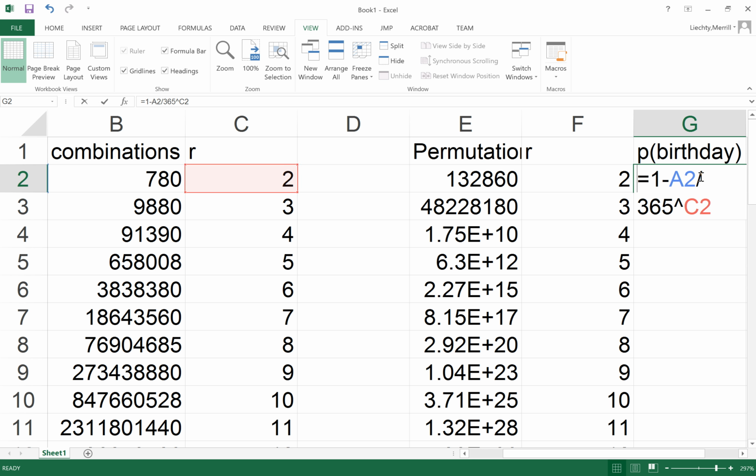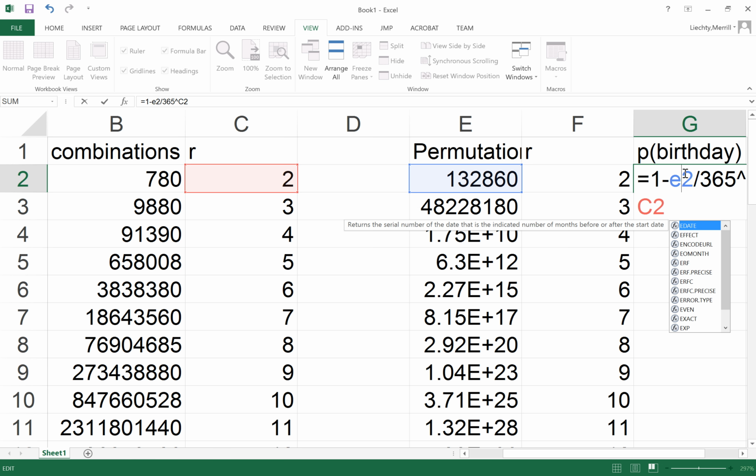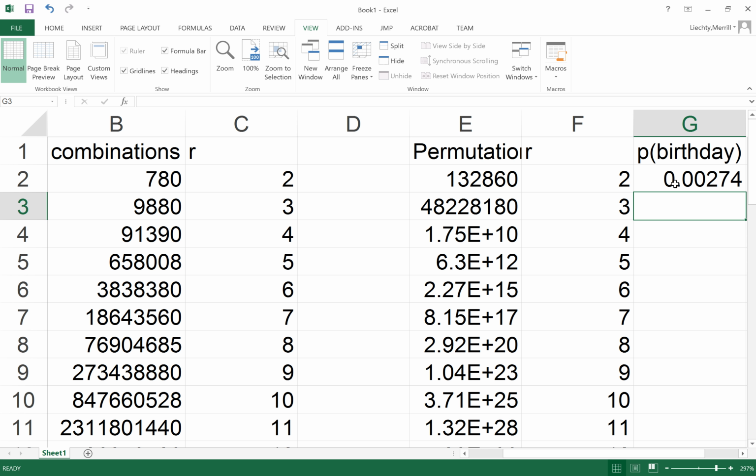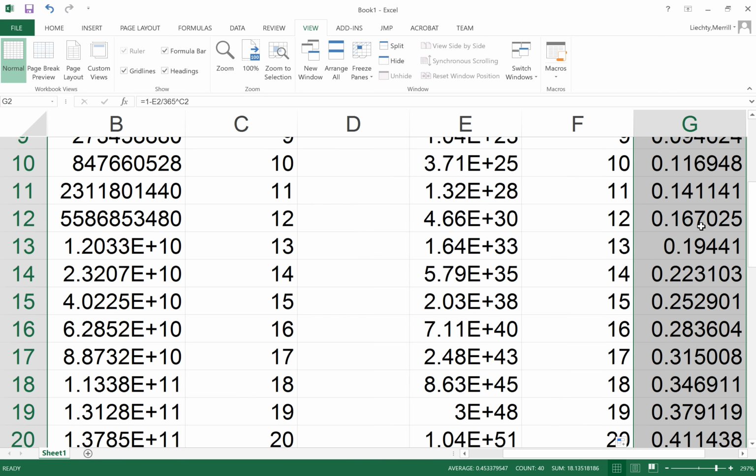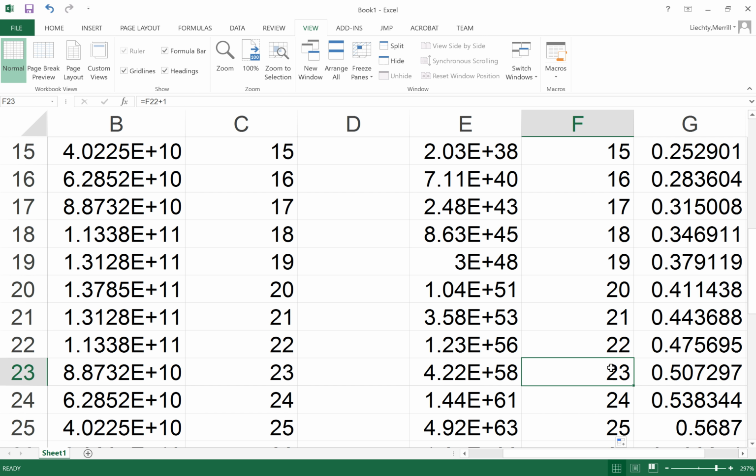All right, so this birthday probability is going to be 1 minus, change that to E2. All right, so that number divided by 365 raised to that number. So if I have 2 people in the same room, or only 2 people, the probability is really low. If I have 3 people, you can see it go up. Where does it hit 50%? It hits 50% when I have between 22 and 23 people. So if there's 23 people in the room, probability is 51% almost that at least 2 of them have the